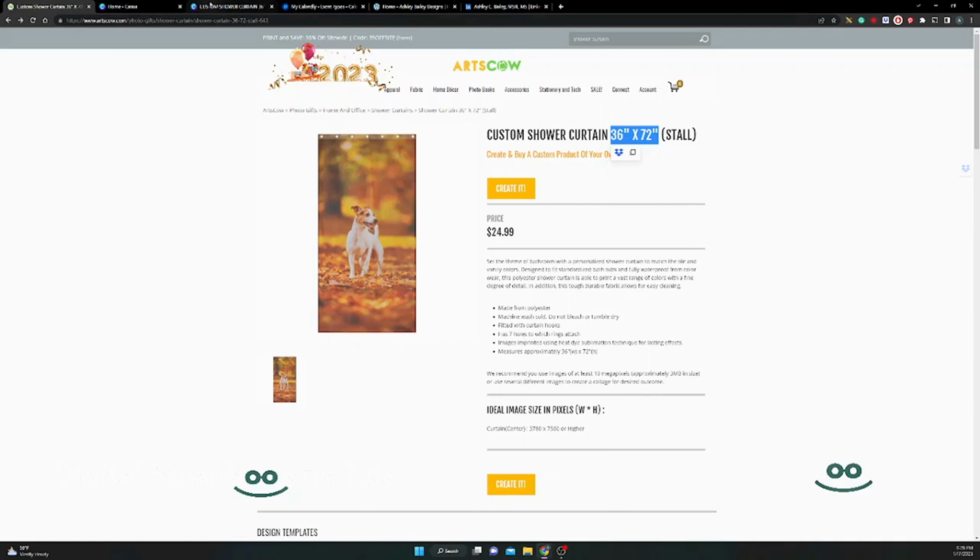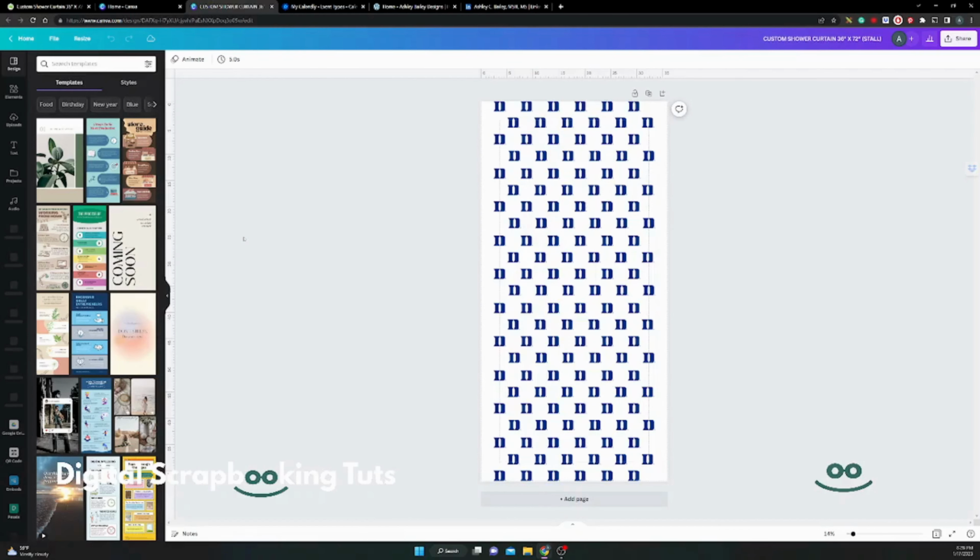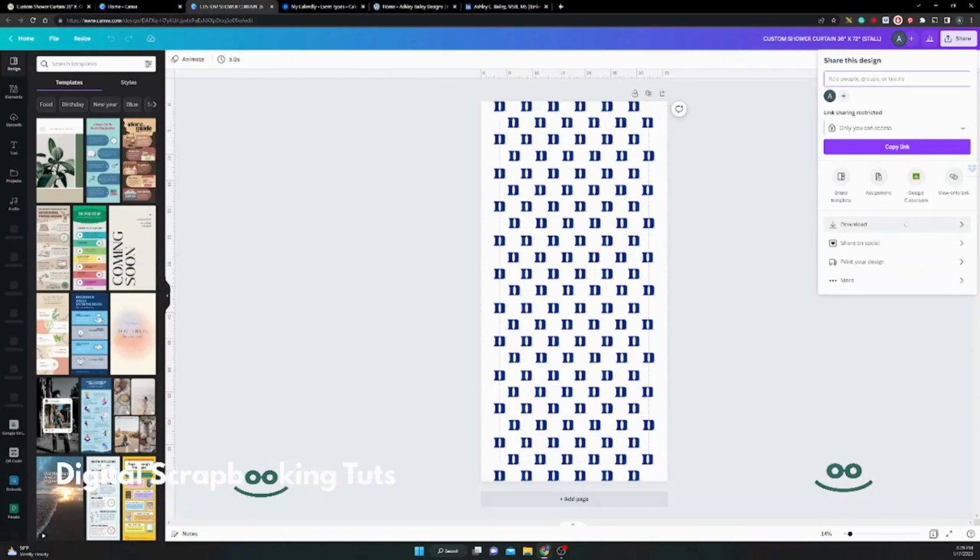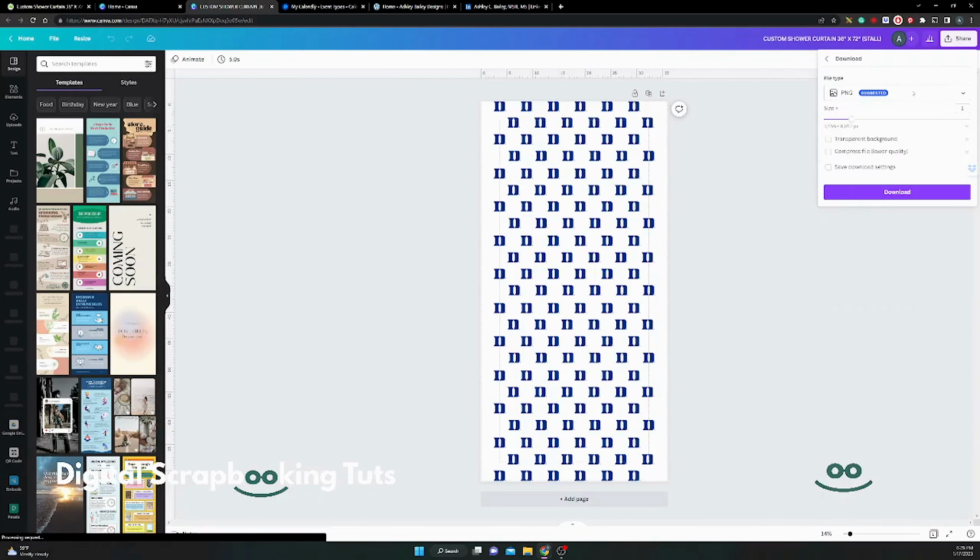But anyways, I have already designed a Duke shower curtain. It's pretty basic. It just has the Duke logo that is tiled in a pattern shape, and I've already shown you how to align all your objects and get your logo set like this. But if I'm ready to actually export this graphic, I'm going to come up here in the top right corner of Canva, and I'm going to hit share, and then I'm going to hit the download button,